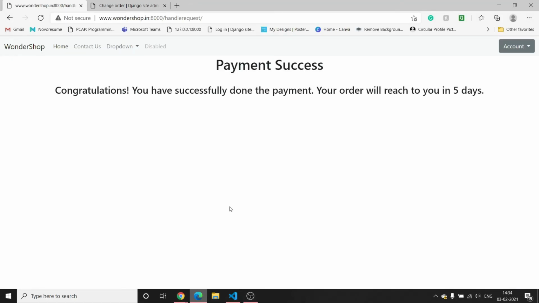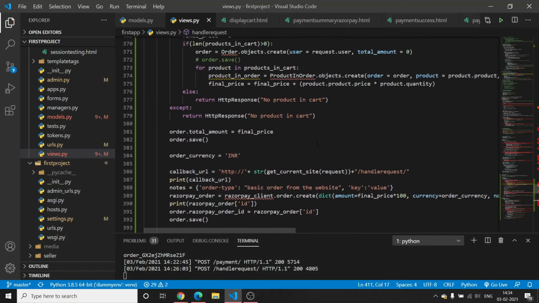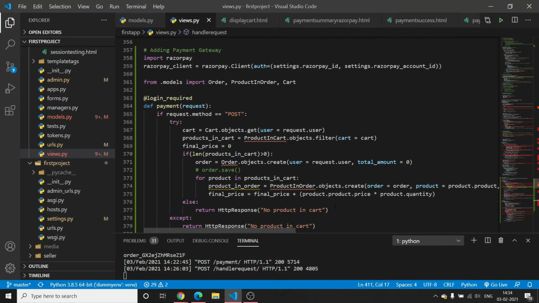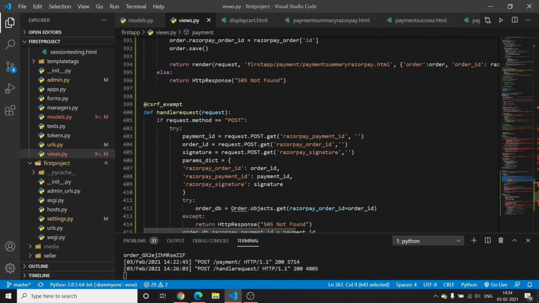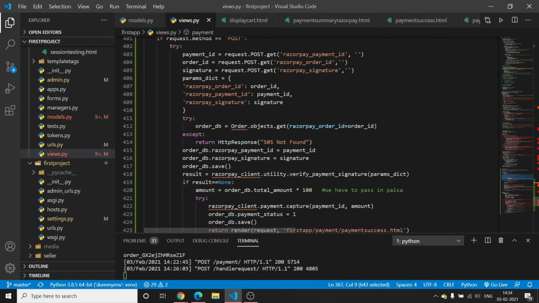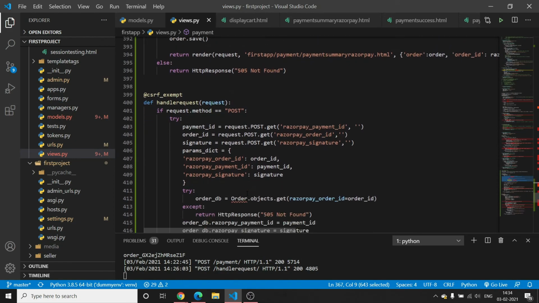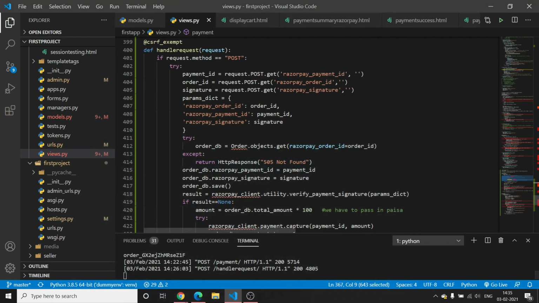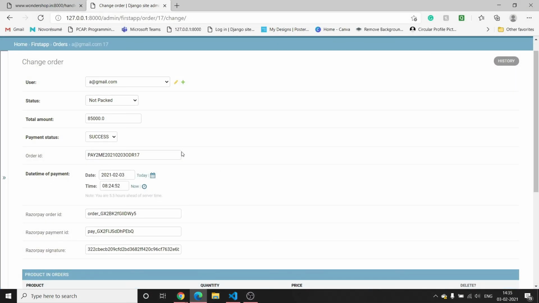So this is it. We have handled all the test cases and scenarios possible here. You can also customize all these things here to get the order and all that stuff. You can customize this on your own to handle your situation, but the basic details that I have mentioned here will be the same in every scenario. Once this handle request works successfully, you will get all the details here like order ID, payment ID and signature as well, and your payment status will be updated accordingly.